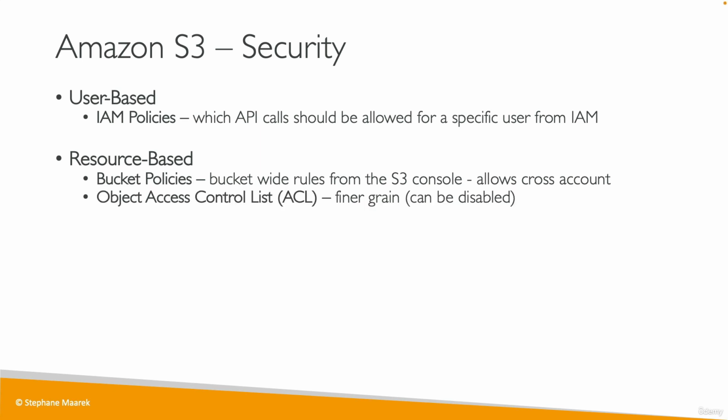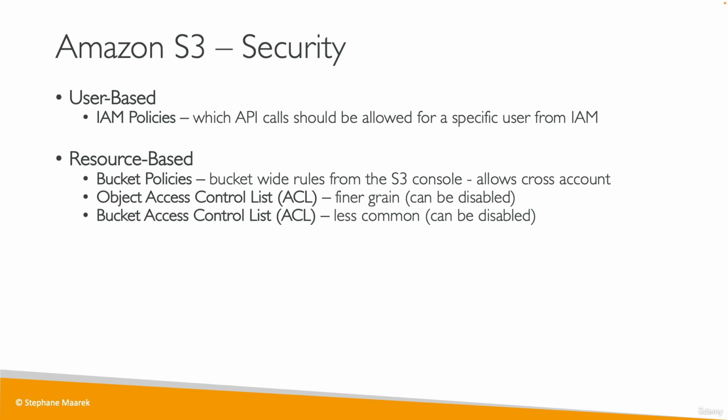Next, you have the Object Access Control List, or ACL. They're fine-grained security, and they can be disabled. And if you want to go at the bucket level, you can have Bucket ACL, which is way less common, also can be disabled. And the most common way now to do security on an Amazon S3 bucket is to